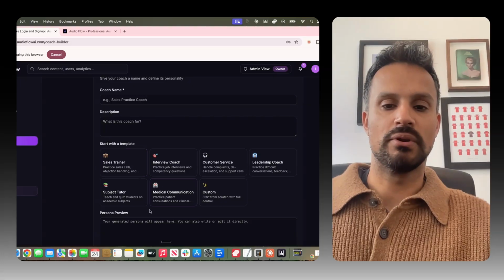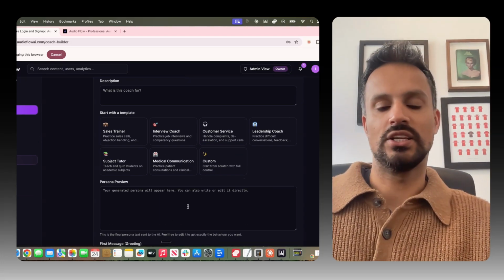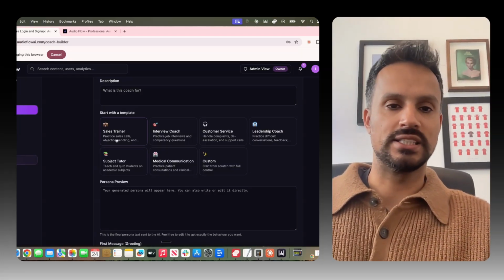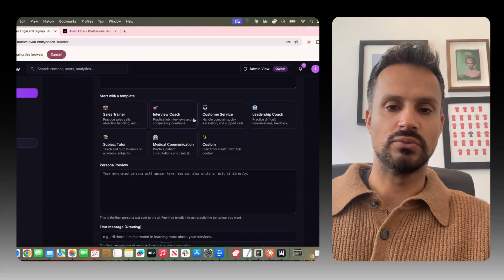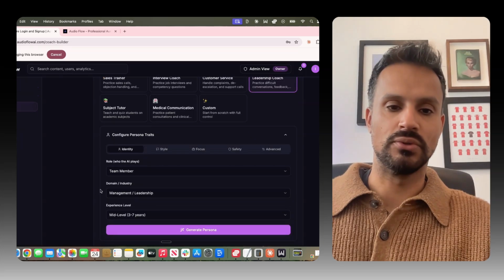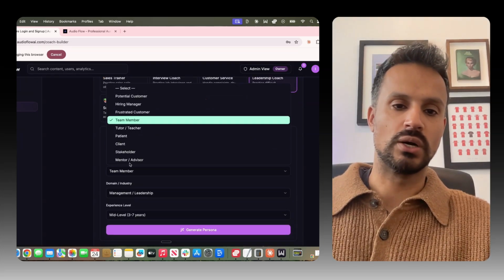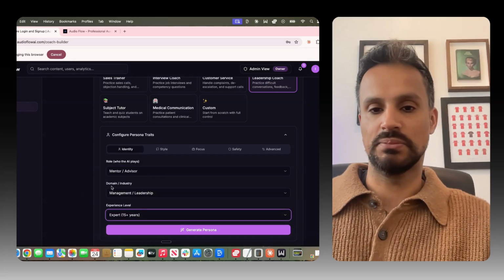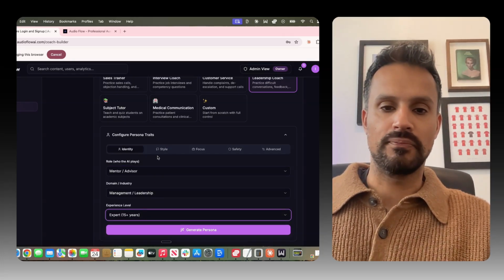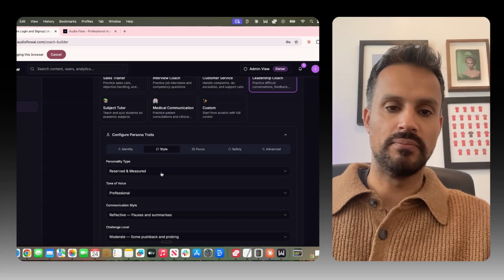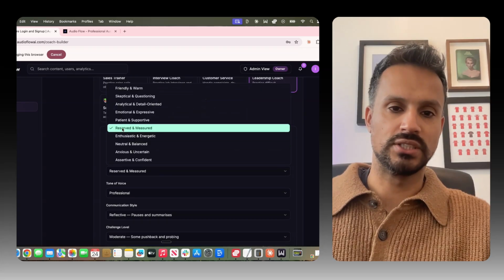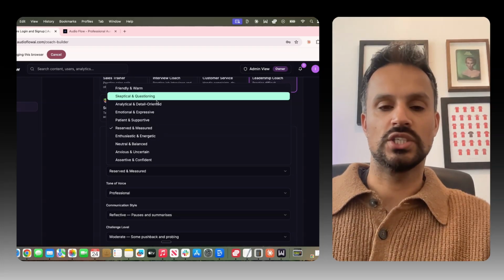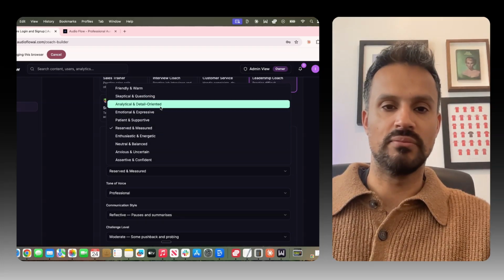You can go through the template builders to build your prompts, and then you can also reiterate the prompts within the actual coach itself. It's really easy to build a coach. So say, for example, I want one to be a leadership coach. You can then say, okay, who's the role? I want it to be a mentor. I want the person to have 15 years of experience as a leader. And I want there to be a personality type. So you can say I want that person to be very supportive or questioning, and then you can have different prompts around that.